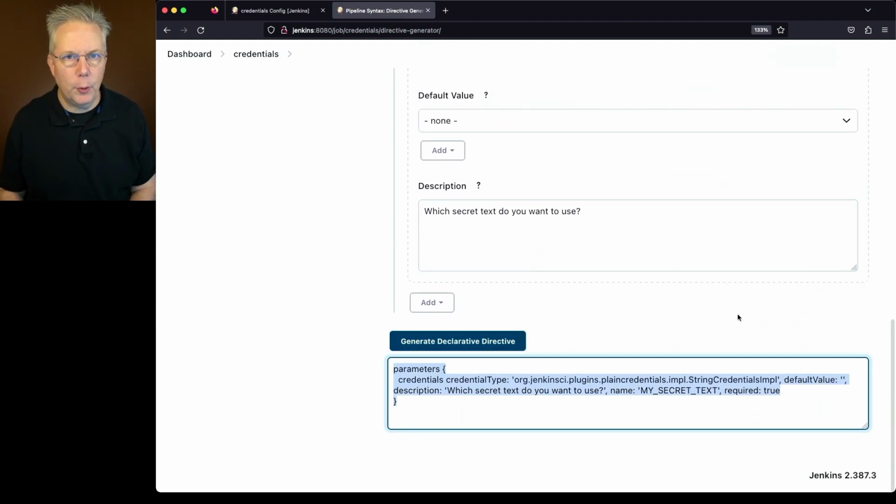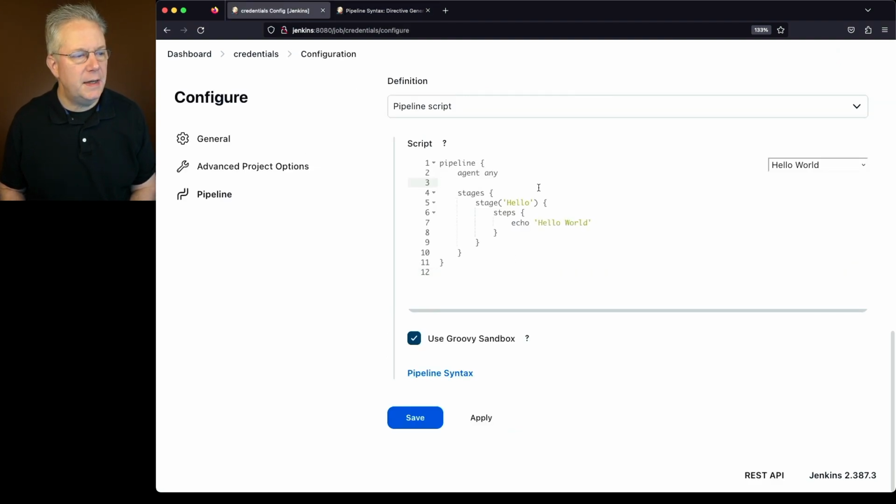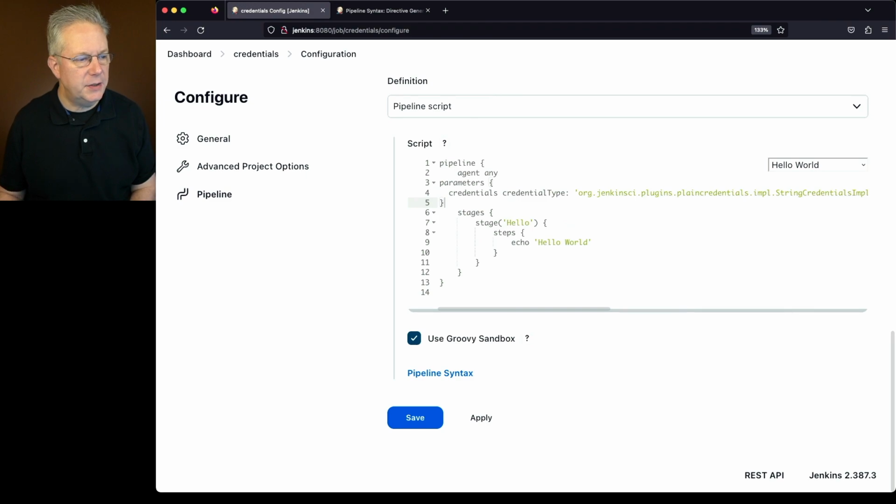And now we have our parameter block that we'll take back in to our job. We'll paste it in between agent and stages. Let's go ahead and clean it up a little bit, and then we'll take a look at what the credentials